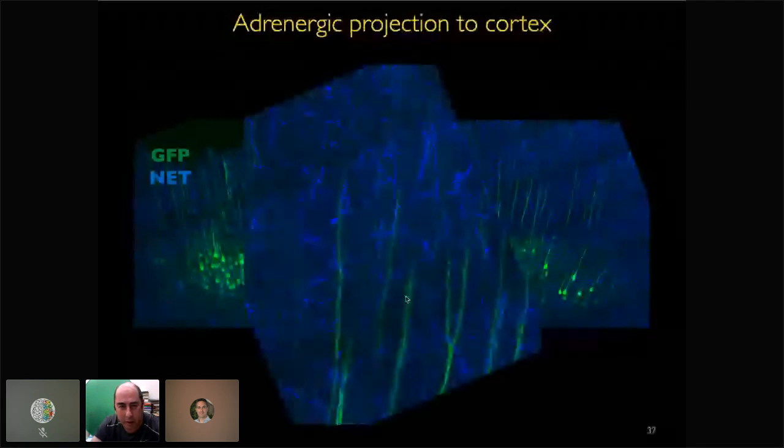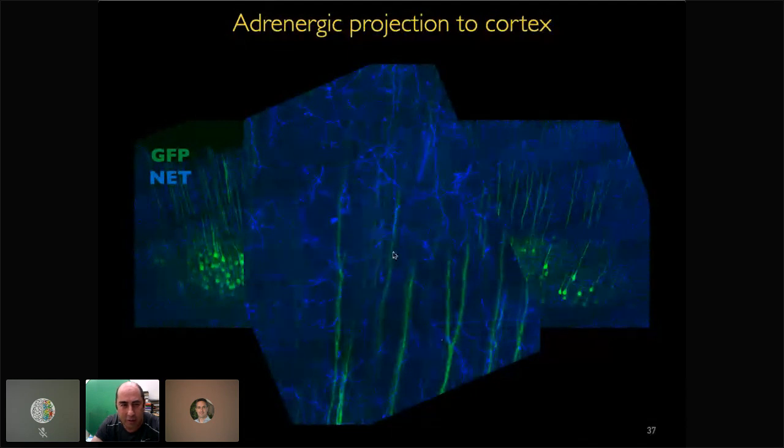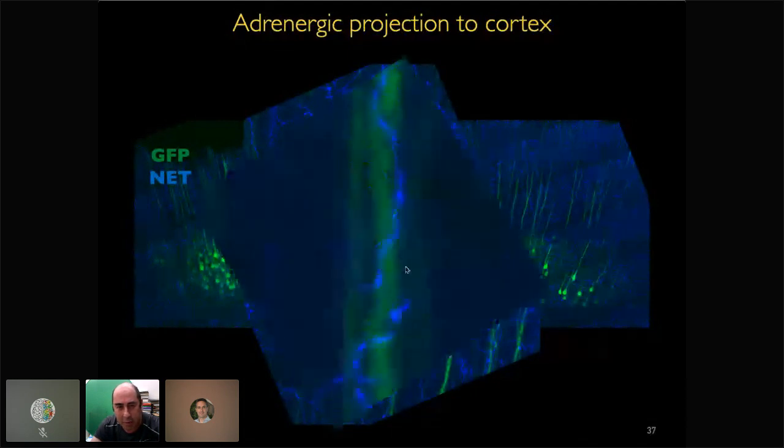If you zoom in, you will see pictures like that. So you see these axons running around the dendrites, and sometimes you even get a picture that looks as if the axon wraps around the dendrite. We don't know if this is a real thing or just an accident, but it's certainly interesting.